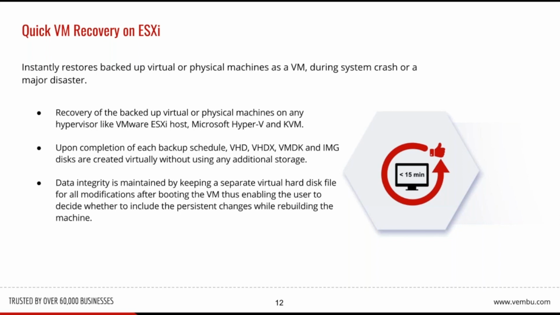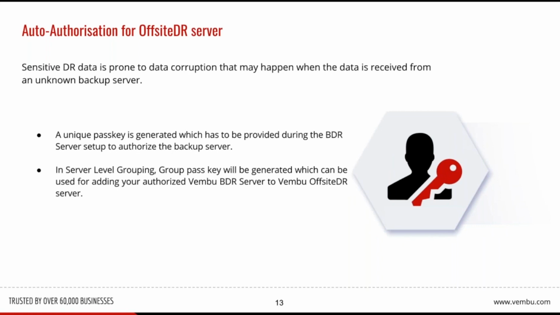on an ESXi host. And the next feature is an auto authorization feature. There are customers having multiple distributed backup servers running in different data centers. What they would like to do is enable offsite replication for a few of their backup servers. So, in order to avoid unauthorized backup servers sending data to your offsite DR site, we enabled